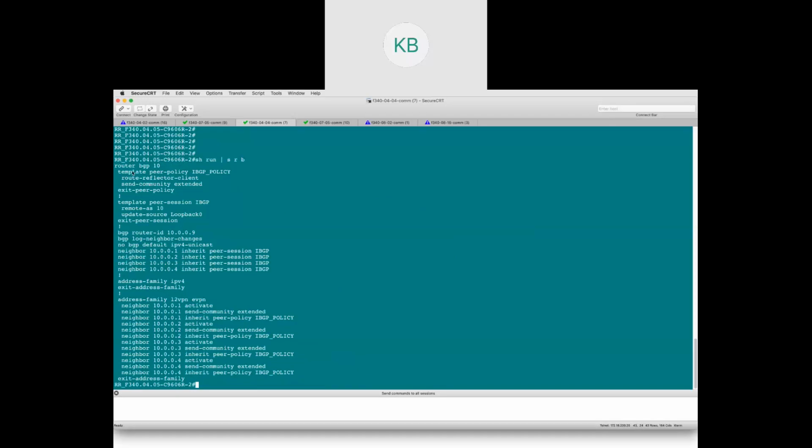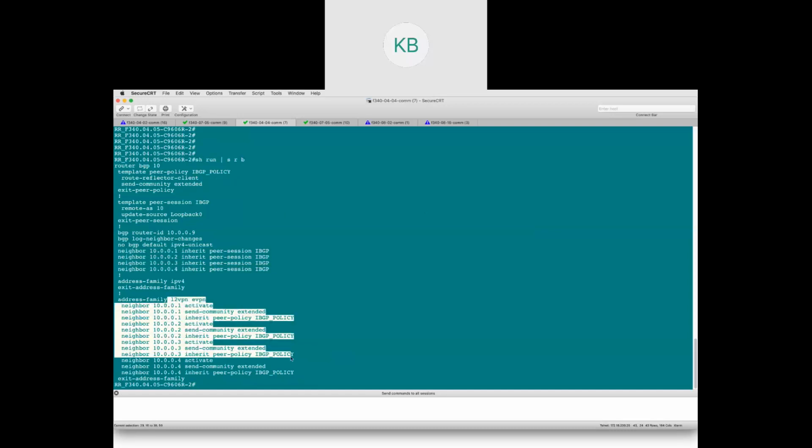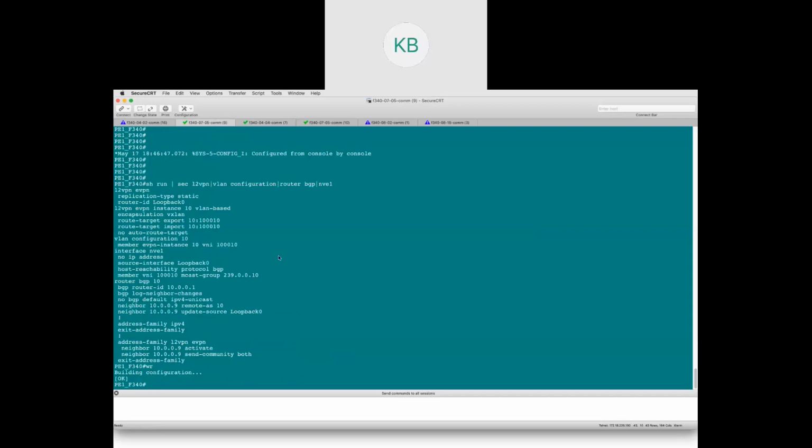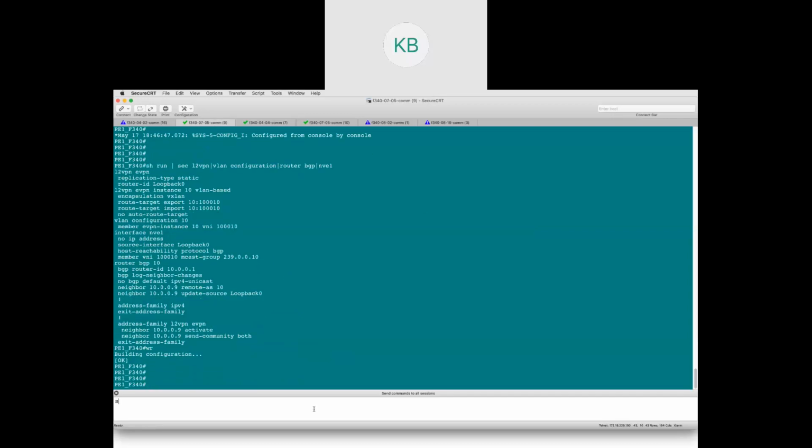You can see I have defined a template for iBGP policy. I configured that as a route reflector client, send community extended. And then I have defined all the neighbors: 10.1, VTEP 1, VTEP 2, VTEP 3, and VTEP 4. And then I just defined them in the L2VPN address family. That's it. Now, if you go to the VTEP routers, if you do a show BGP